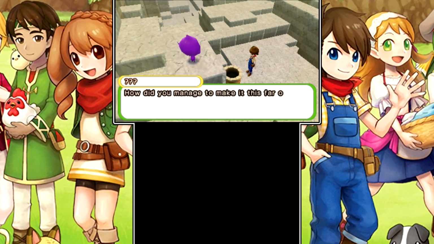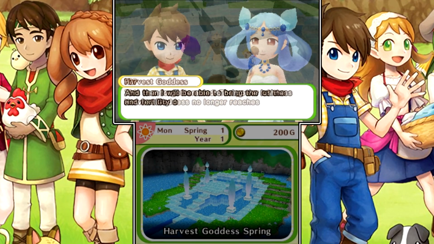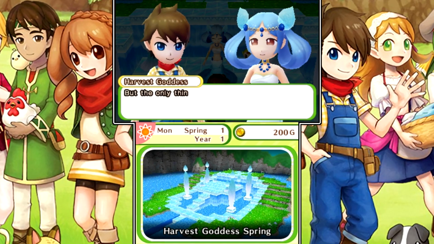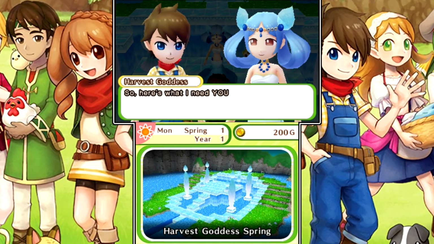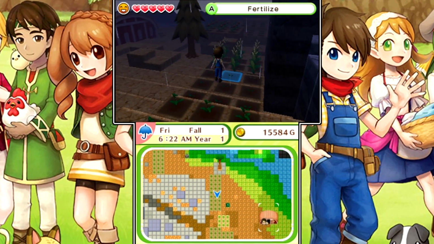In Skytree Village, you play as your self-insert farmer who is led into a desolate land by a harvest sprite. The sprite then takes you to the harvest goddess's spring, where she tells you that because of the land being neglected, her powers gradually grew weaker to a point where nothing would grow and everyone had moved away. So it's now up to you to save the land and restore Skytree Village with your pro farming skills and